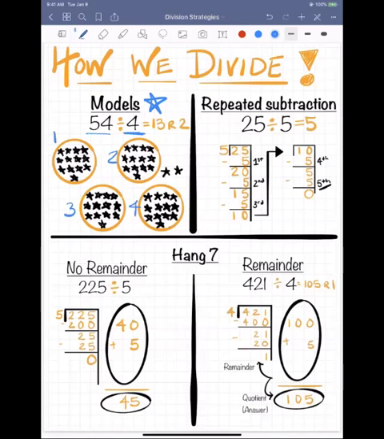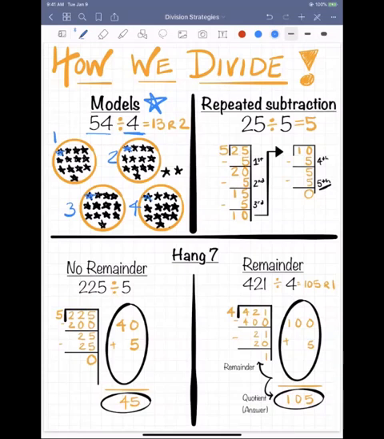Okay, so you could see I had my first group here, my second group, my third group, and my fourth group. You could also think of this as you had 54 pieces of star-shaped candy, and you had 4 friends that you wanted to split this candy up between. So you would want to make sure that you had 4 equal groups, right? So we would start by counting. So you'd start with your first group, and we would go one by one. So 1, 2,